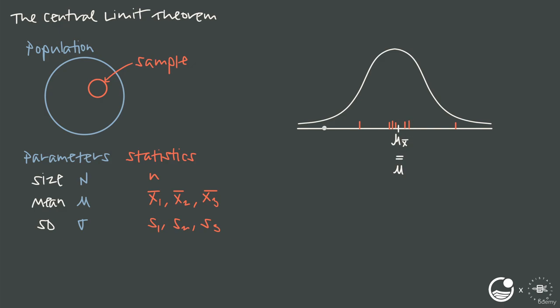Of course, there's some all over this distribution, but most of them are clustered in the center here at this value, and then fewer of them out to the right here and fewer of them out to the left here, but most of them are clustered around the mean of the sample means, which is going to be equal to